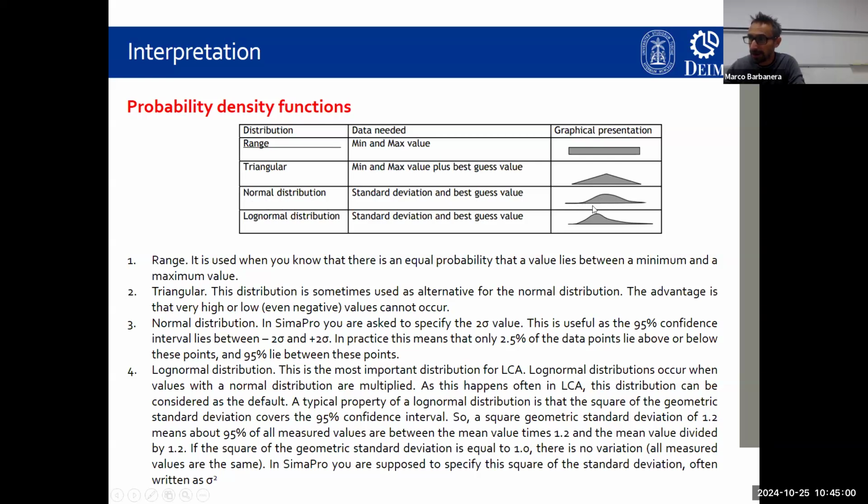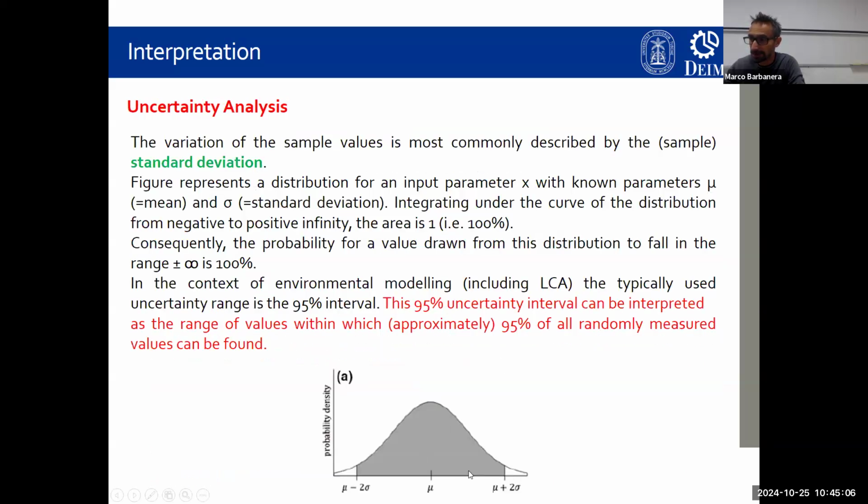In order to define this curve, it's important to define, as we have said previously, the average value and the standard deviation. With these two parameters, we have the possibility to define completely